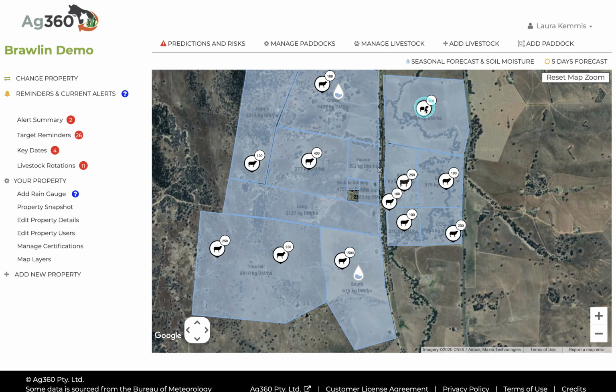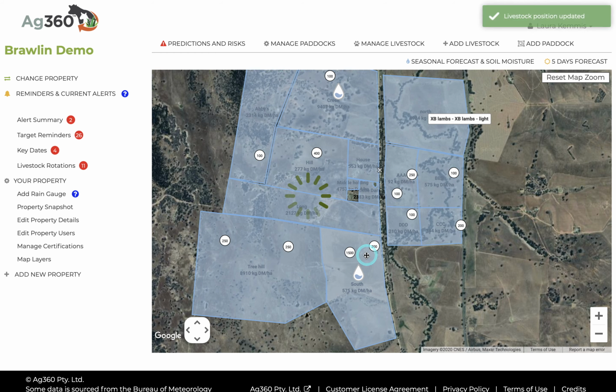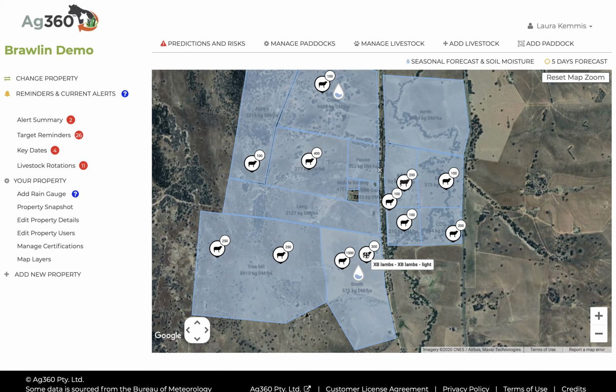To move a mob, click and drag the mob icon to the new paddock. This movement will be recorded to today's date. To enter a mob movement that happened in the past or one that you plan to do in future, right-click